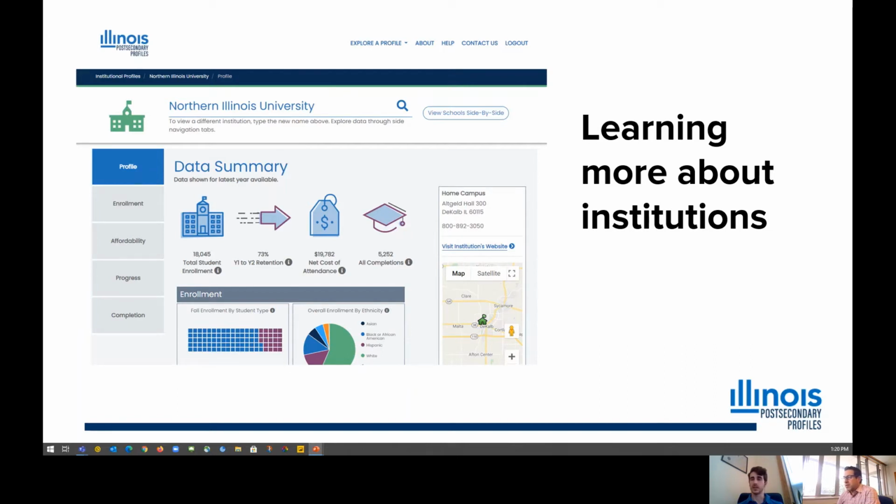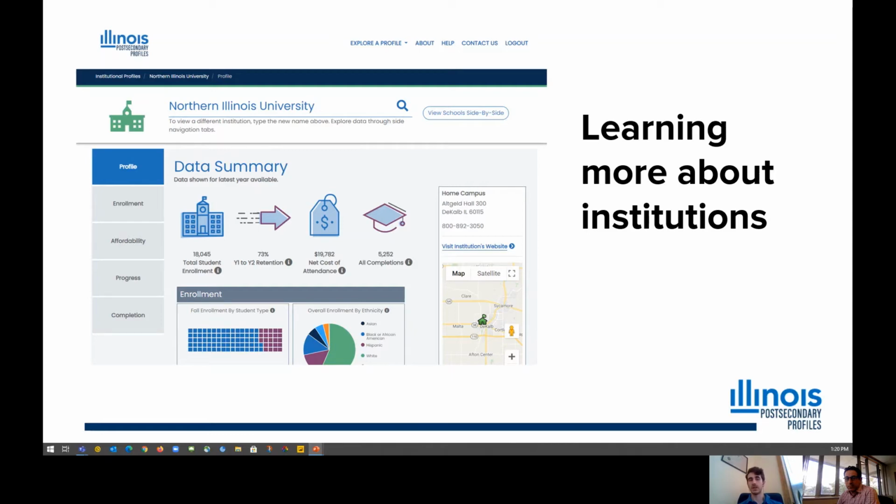Now, for each institution, there are 2-year institutions, 4-year, public, private. Each institution has its own institutional profile. So you see here on the data summary page for NIU, it includes a number of data points and pieces of information that give users a fairly comprehensive vantage point of NIU as an institution.